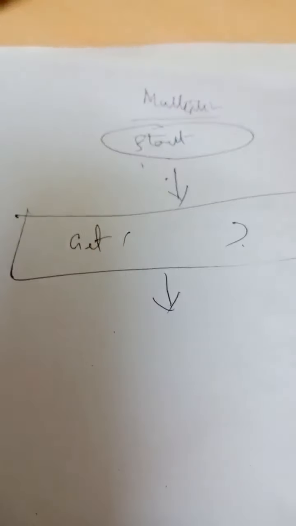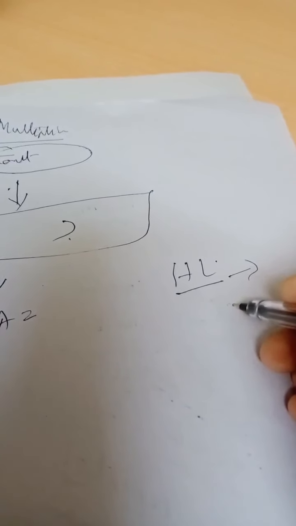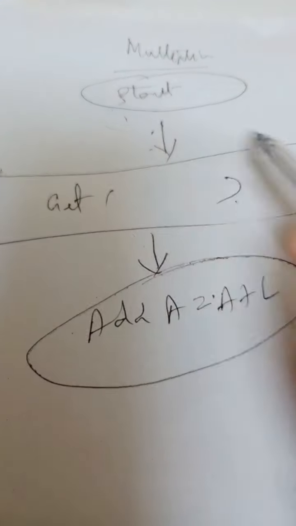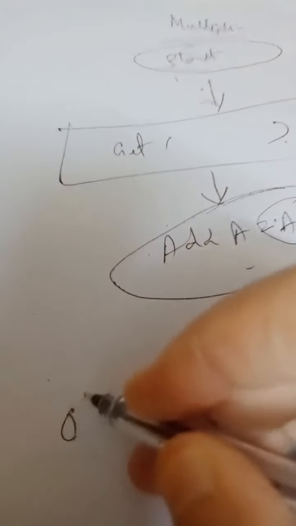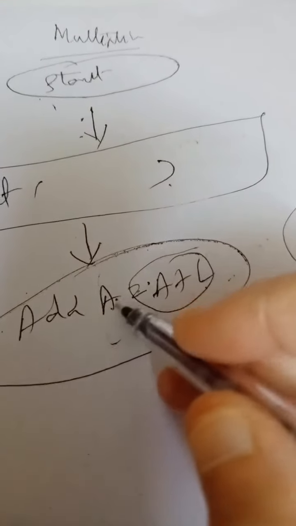Start, then we will get the multiplicand and multiplier, both. After that we will add the number. As I said, we have to load the HL pair, which holds the memory location with the number. Initially we make the accumulator 0, then we add the number to the accumulator. Obviously the accumulator is 0, and 0 plus 2 is 2. The answer will be in the accumulator itself.